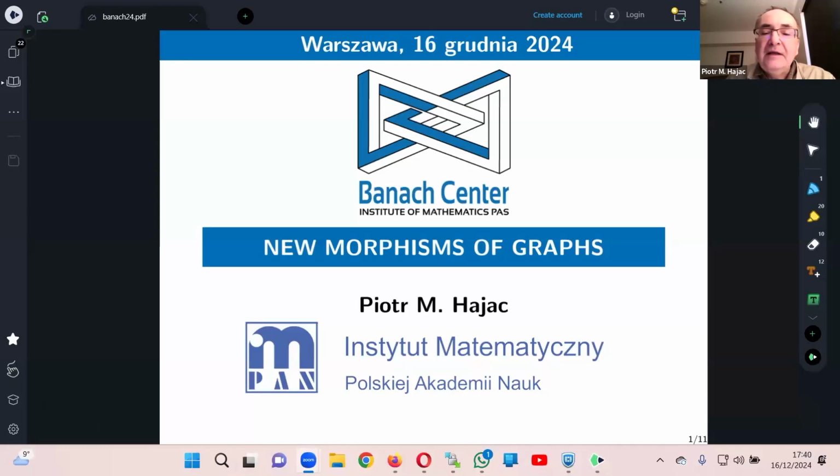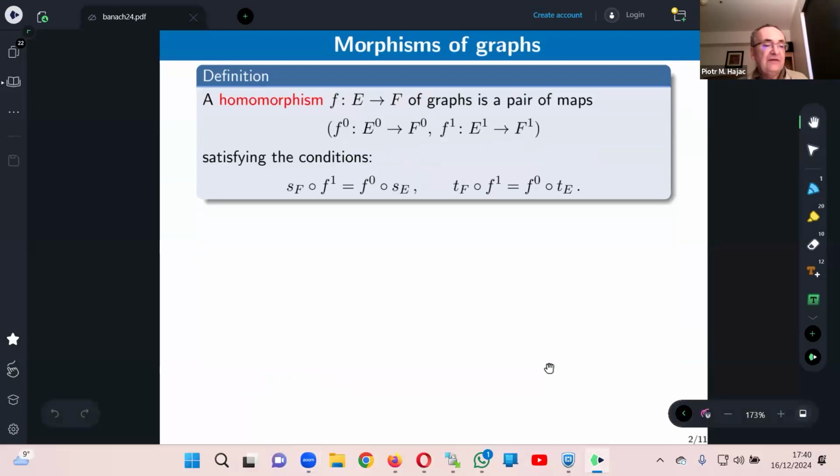Okay, so now let me report on progress made in my work package, which is new morphisms of graphs. Since we are a little bit behind time, let me be really at meteor speed when it comes to recall, so that then I can be at car speed when it comes to the new stuff. So I'm talking morphisms of graphs, and we have two types.